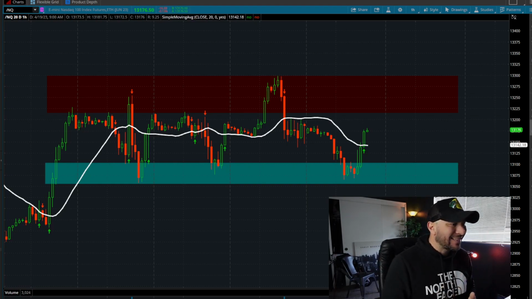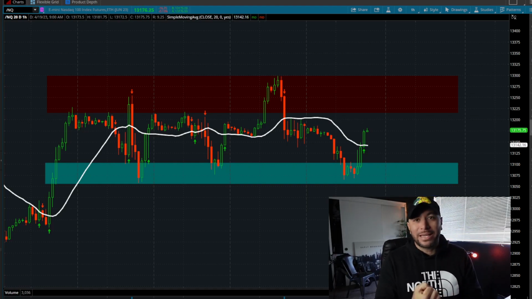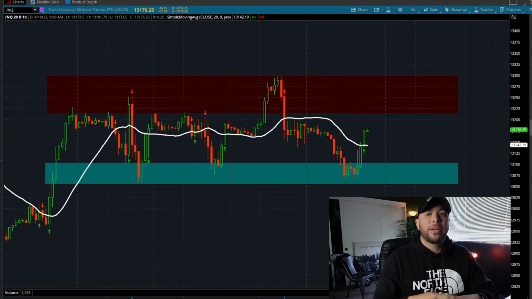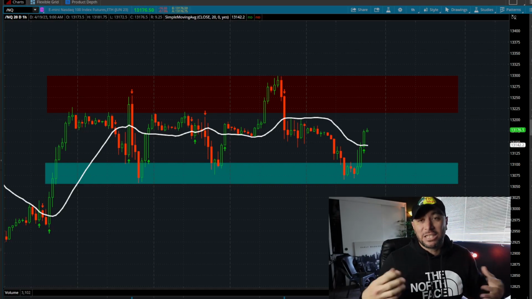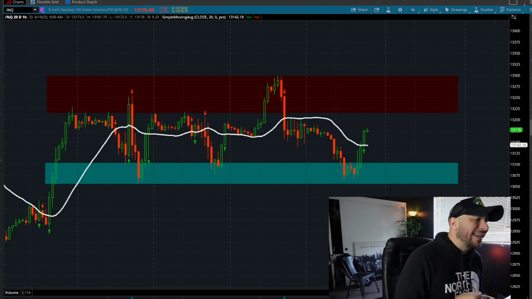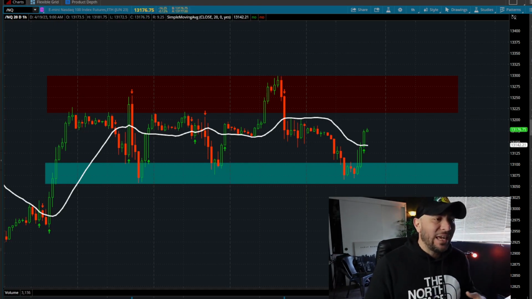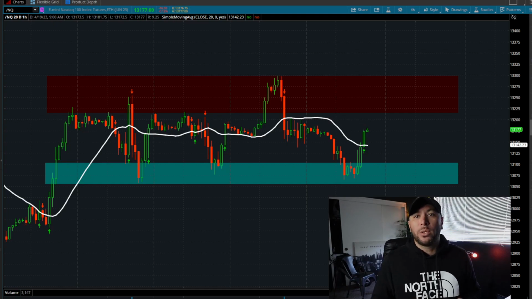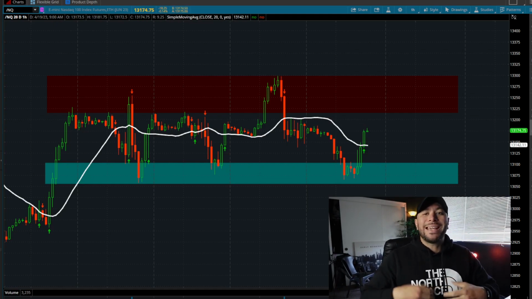Again, with the stocks that I like to trade, it's going to be stocks like Apple. It's going to be stocks like Tesla, Nvidia, AMD, Microsoft, Meta. I'm going to trade some of the big names in the space. So we're going to get right into how we can navigate when the market starts to go into a little bit of a range, when the market gets ready to either set up for another leg higher or